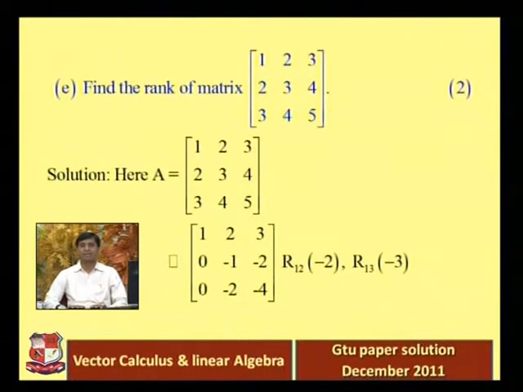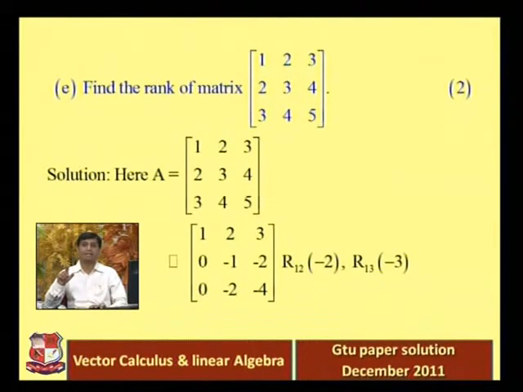Now what is our next process? It's quite clear that we have to multiply the second row with -2 and add into the third row, so that -2 becomes 0. We are trying to convert this matrix into a row echelon form, and you know the condition of a row echelon form: below a leading entry all elements are 0. So the first leading entry here is 1. We make all the elements below that leading entry 0.